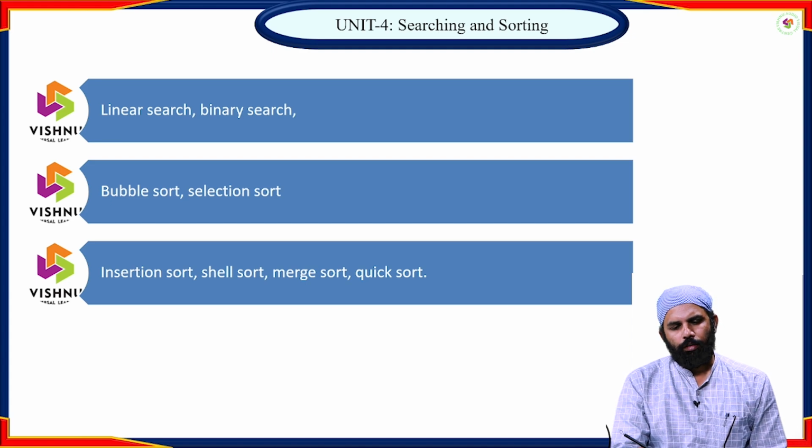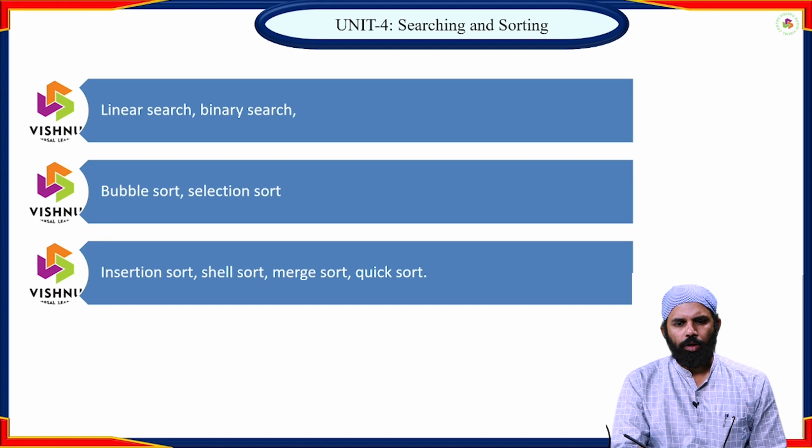Further, a few more sorting techniques are there which help them understand different types of algorithmic approaches, where insertion sort, shell sort, merge sort and quick sort help a coder understand any particular sorting technique with respect to algorithmic approach. So there are different types of algorithmic approaches. Those details are going to be dealt with when we are talking about insertion sort, shell sort, merge sort and